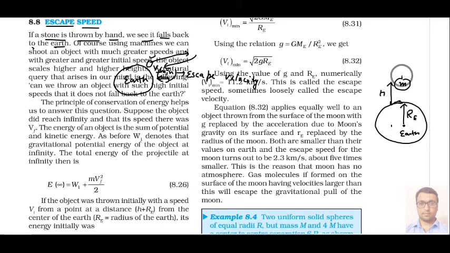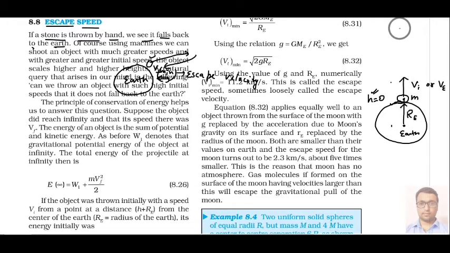In this case, if you want to send this particle to a particular height, or you can think in this way also, that suppose your particle is kept at the earth surface only, in that case you will write that h is 0. However, if h is present, then you can use its value also. So for escape velocity we want to provide it some initial velocity vi, or we can write it ve also, that is escape velocity.